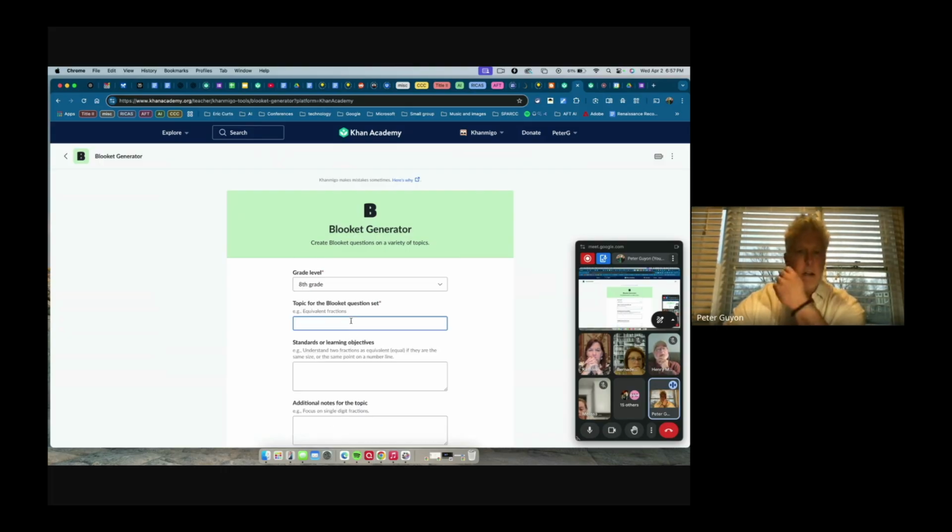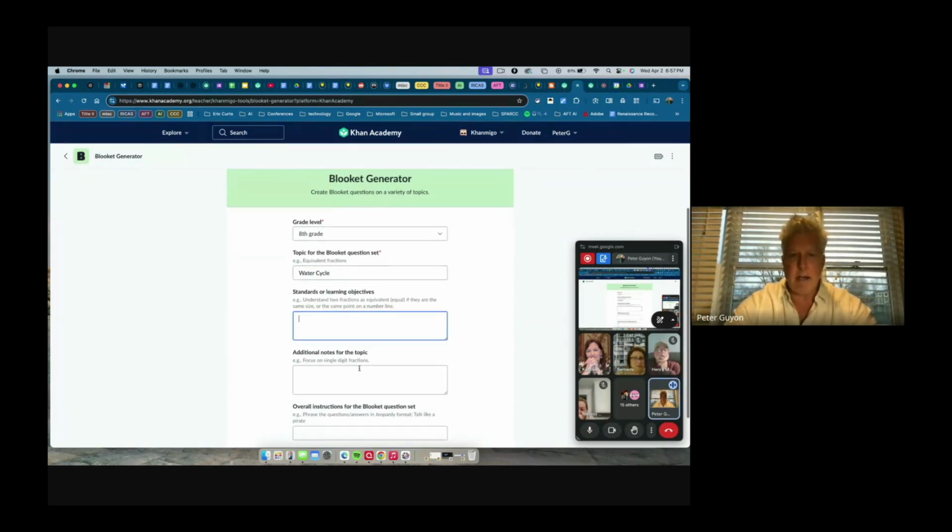I'm going to give it a topic. I don't know, I guess I'll stick with the water cycle. That sounds kind of boring, but I'll go with it. If there are any standards or learning objectives, you can paste them there, or I'm just going to say learn about the parts of the water cycle.